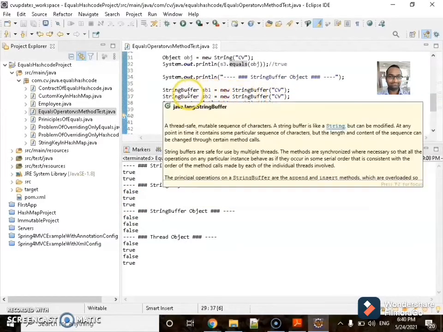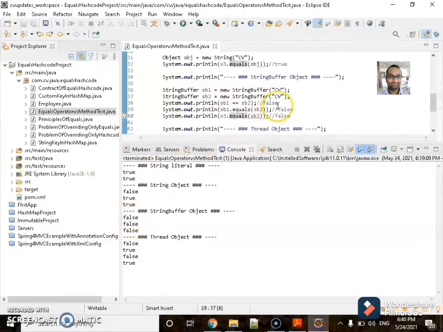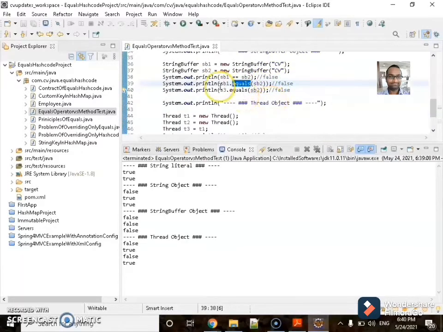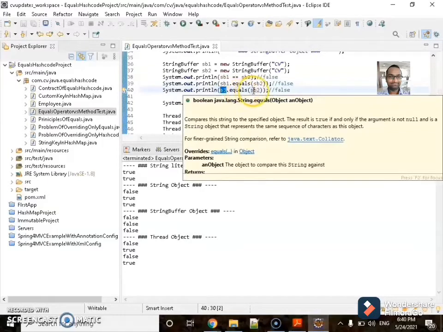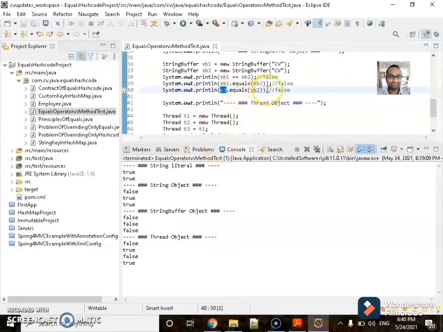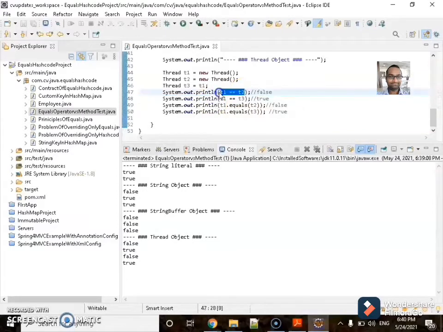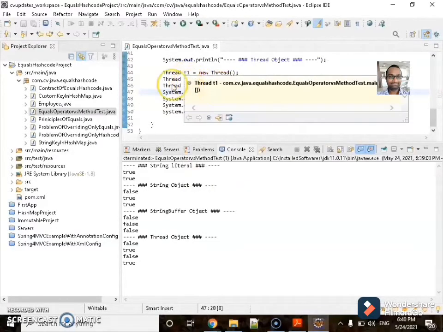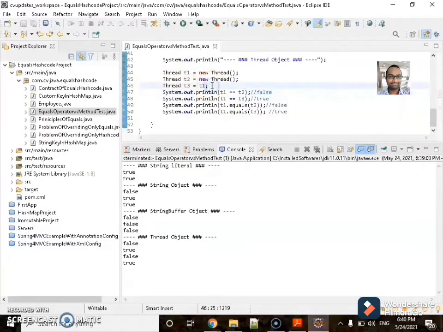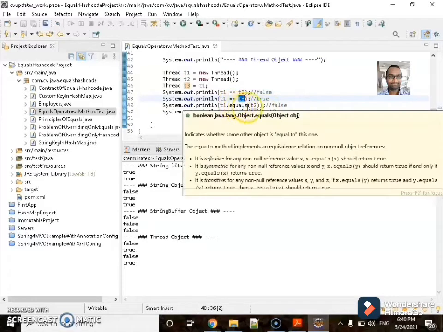Whenever we are doing it with a string buffer, all three are false, meaning while comparing with the operator it is false, while comparing with the equals it is false, and whenever we are comparing a string object with a string buffer it is giving false. Whenever we are comparing the threads, thread 1 and thread 2 are false, and thread 1 and thread 3 are true because I am assigning thread 1 to thread 3. So both equals operator and equals method are true.